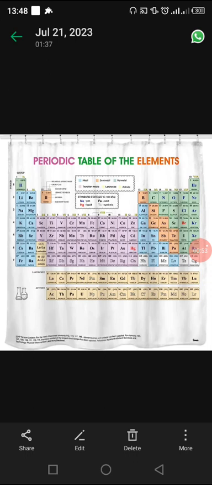I'll just try to explain briefly binary compounds first, then ternary compounds we'll discuss later. Binary compounds are ionic compounds, or they undergo electrovalent kind of bond. Those are some of the characteristics. If you want to differentiate or distinguish between binary and ternary, binary compounds consist of only two elements,